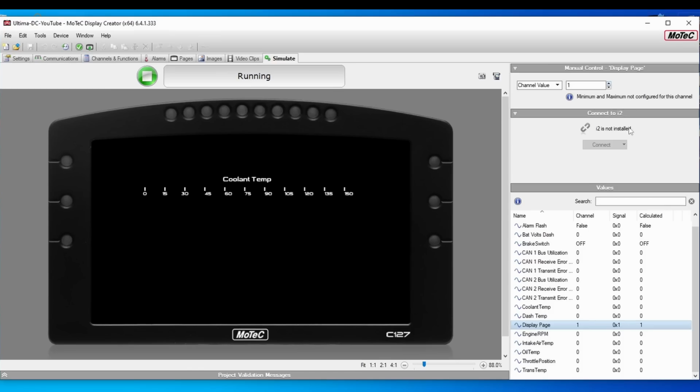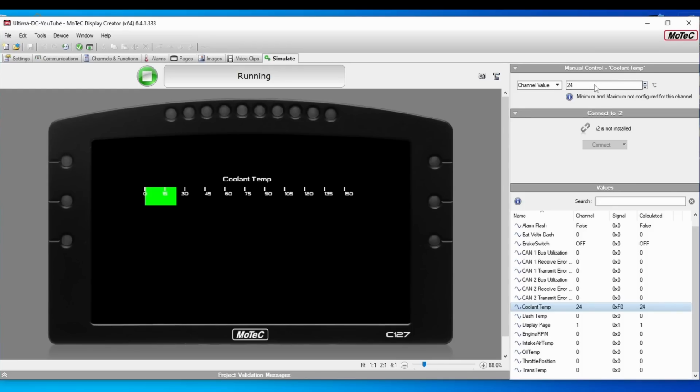It comes up because this is the first page in the display. Now we've got coolant temp here. So again, if I come down to my values, I select it, and then up here in the right, as I notch this up, the Celsius, I can see my gauge moves up. So again, this is simulating data. This is simulating the channel values that we're pulling off from the CAN bus. I can simply come up here and say, I don't know, 95 Celsius,